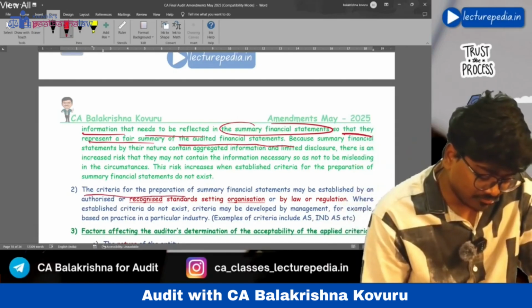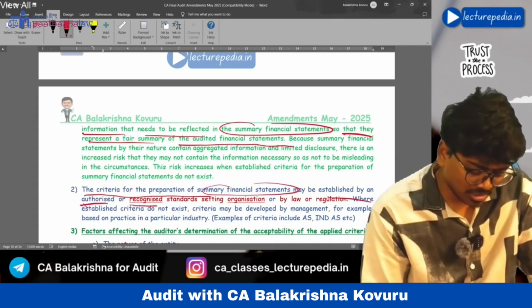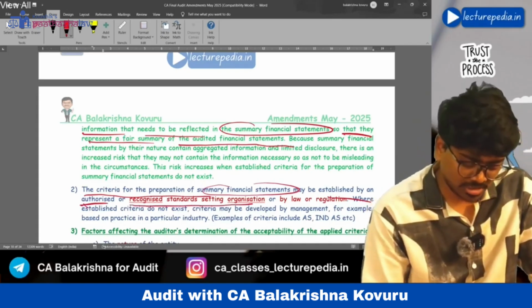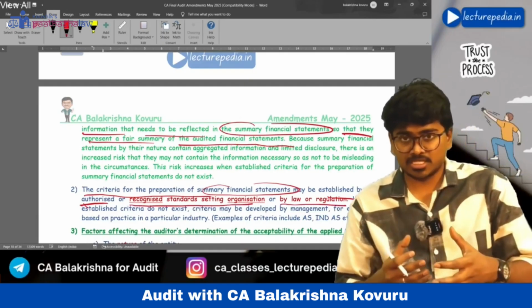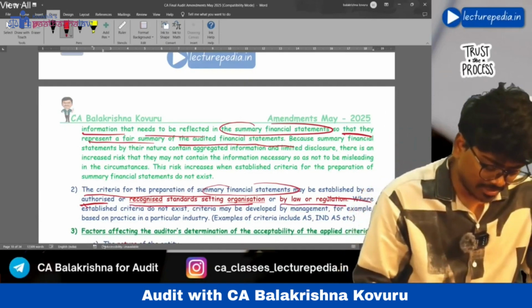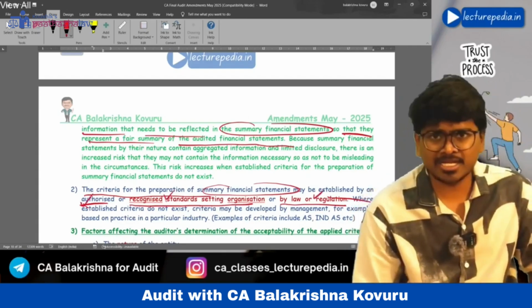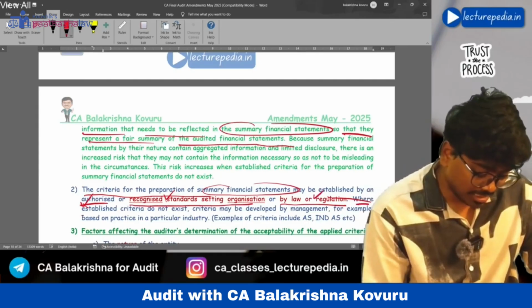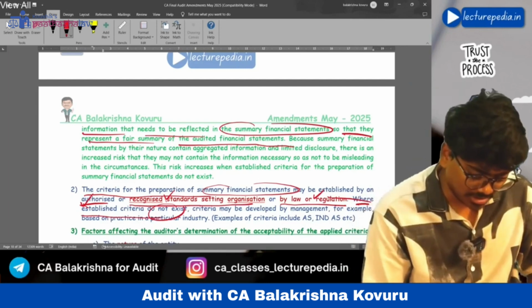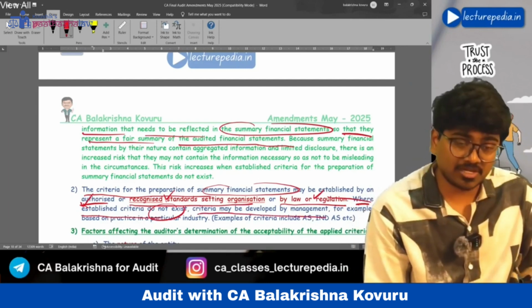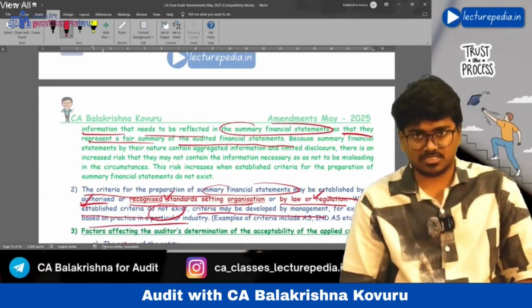Next, criteria for presentation of summary financial statements may be established by an authorized or recognized standard setting organization or by law or regulation. Now, where established criteria do not exist, then criteria may be developed by management, for example based on practice that is available in the industry.